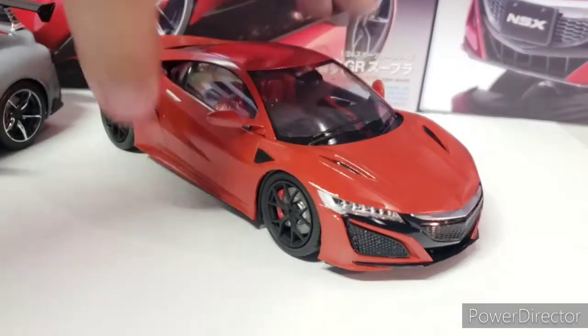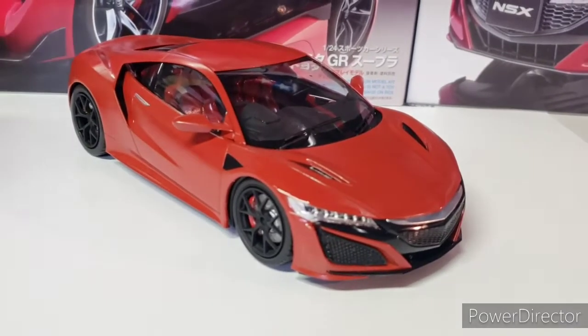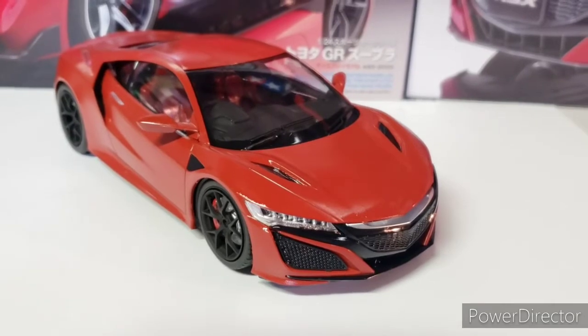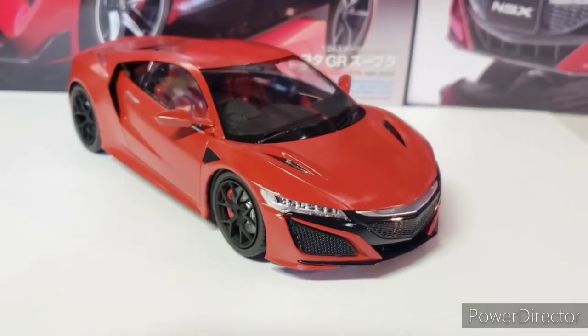but I will show it. This is the NSX. I decided to do the Honda NSX. That's why it's right-hand drive. And I really tried with this car. I tried my best to make this car as perfect as I could,